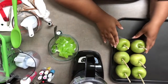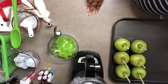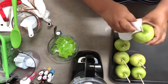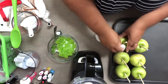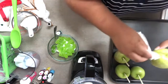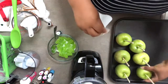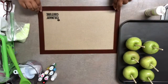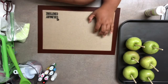Also, now that you have the apples, another thing that I do here is basically I just want to make sure to go around here, because sometimes it forms a little juice, so do that here. All of them are fine, but you want to make sure that you don't have any juice sitting on top. These are fresh apples. And another thing, I use this, that's another thing I failed to tell you, I use this